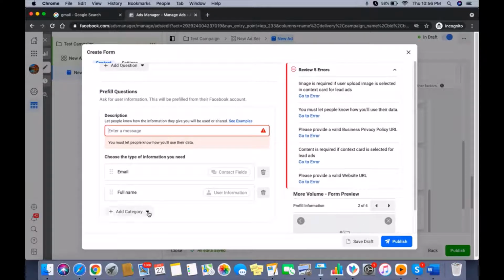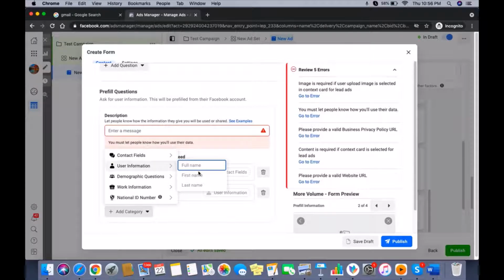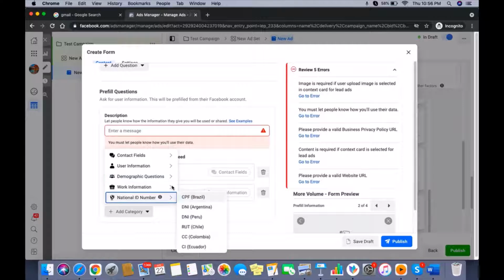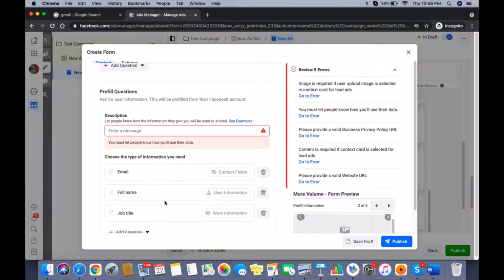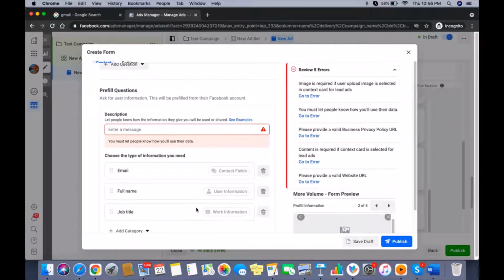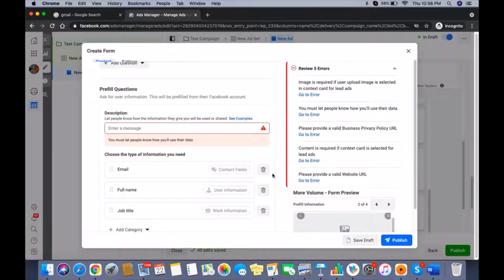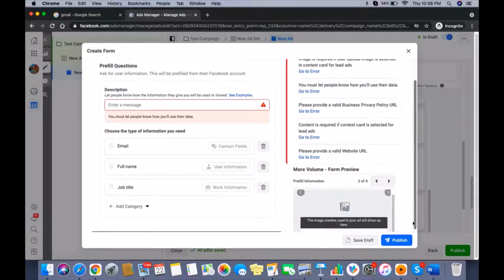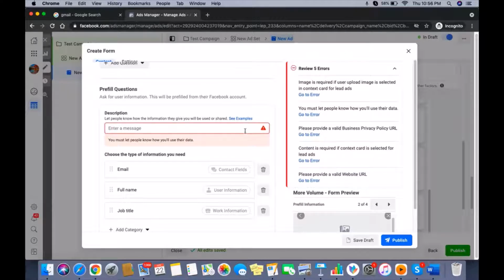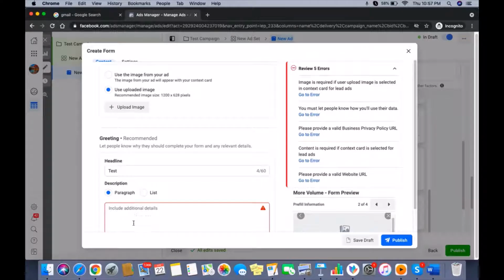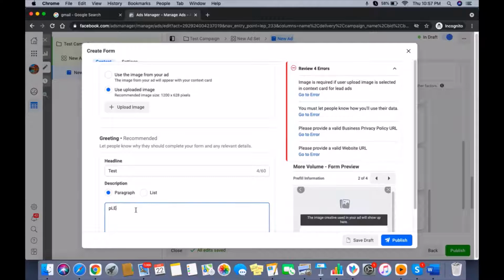One more thing you need to remember is what fields you're showing, what fields you're giving in your form. That is more important. So first, you have to remember your form name, and second, you have to remember all the fields that you put inside your form.